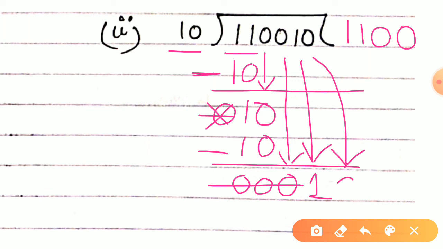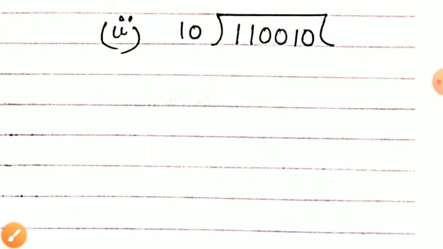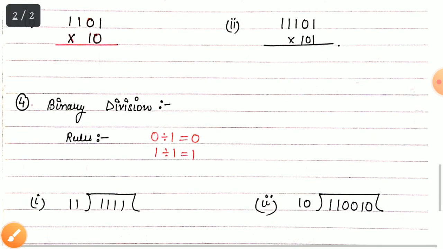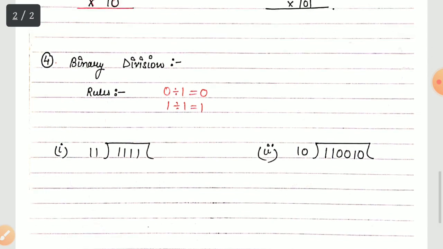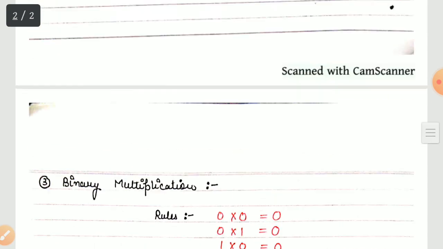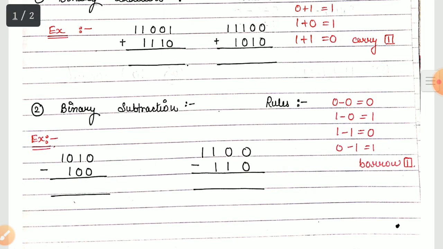Okay, now you see 1 0 and over here also the same number. So you can multiply it with 1 and you will get the same number. With the help of this subtraction you will get nothing, right? So this is your answer, 11001. This is how you are going to follow the binary arithmetic. See, this chapter is very important, and from this chapter this portion is also very important. That is why we have discussed this portion with you right now.